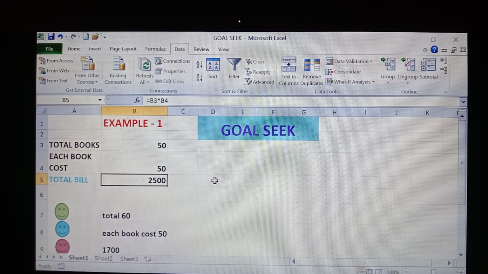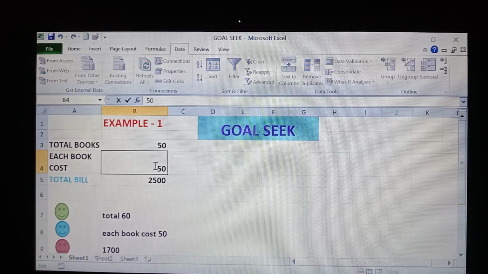If we take the third scenario, he is saying: I will give you a total amount of 1700 rupees, and I want books that cost 50 rupees each only.